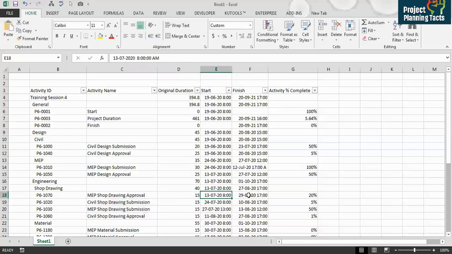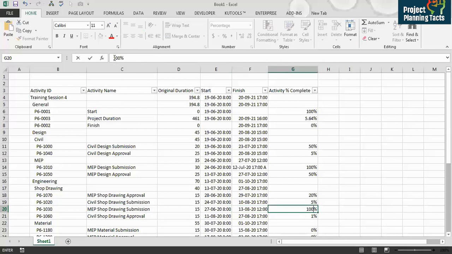Now I have to update the dates here similarly as we updated the dates in Primavera. So here I'm going to say MEP shop drawing submission we have submitted on 25th June at 8 a.m. and then approval on 28 June 8 a.m. And then let's say MEP shop drawing we have submitted on 1st July at 100%, because it will give you another idea of how to make an activity complete.